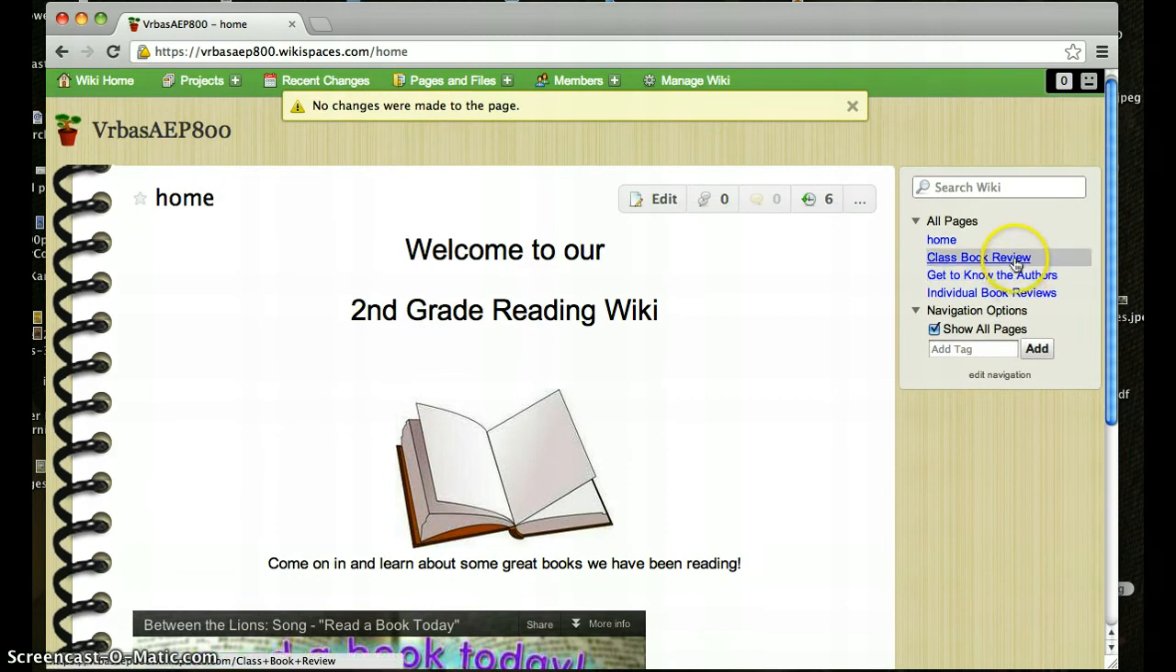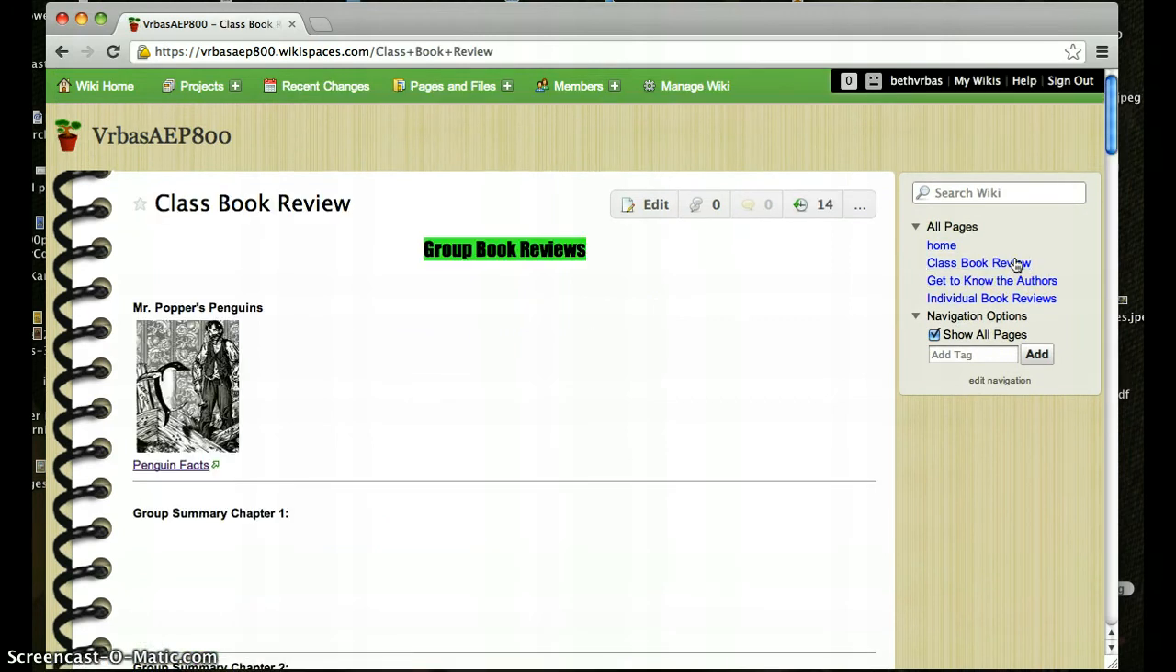Okay, our first main page that I made, I titled Class Book Reviews, because I was going to use it as a way to show different books that we have read together in the classroom, different chapter books that we are working on as a class. One that we just got done reading is called Mr. Popper's Penguins. So I just put a graphic of the book in there, and then underneath a link to some penguin facts,